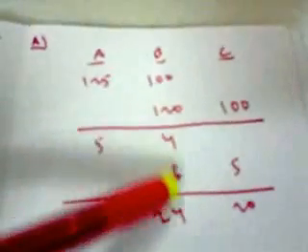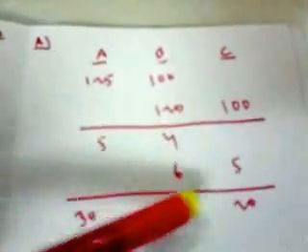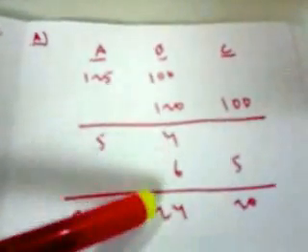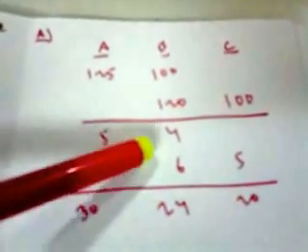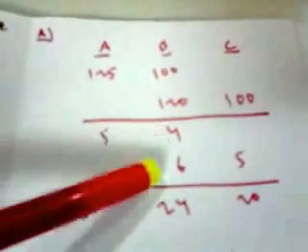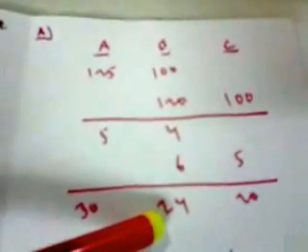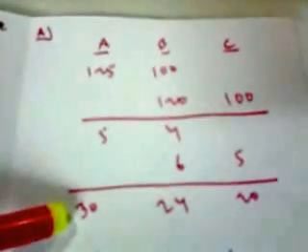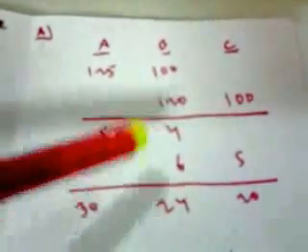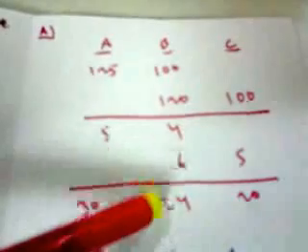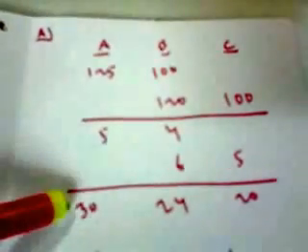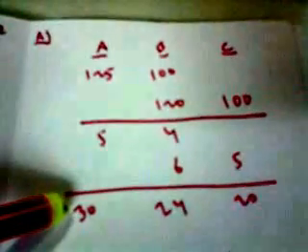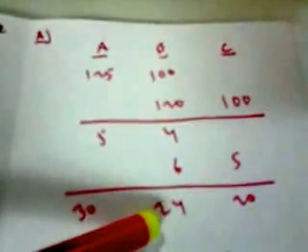Now see, B is the common factor. A is to B we know, B is to C we know. But B's values are different, 4 and 6 here. So we multiply 4 by 6 and make it 24. Since we multiply 4 by 6, we multiply 5 by 6 also to keep parity. So A is to B becomes 30 is to 24.